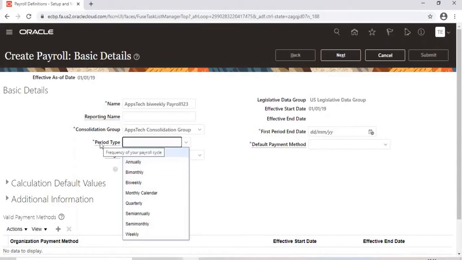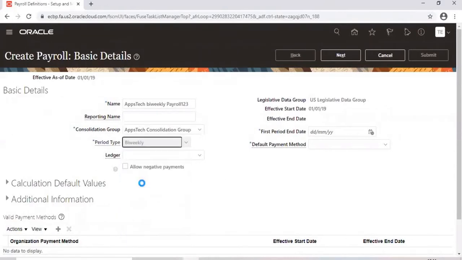Then frequency of your payroll cycle. Frequency means repeating. If you say bi-weekly payroll, the frequency is a bi-weekly cycle, and every bi-weekly this particular payroll can be processed. Monthly means monthly. For now, I am taking the US, so I'm keeping it as a bi-weekly payroll.